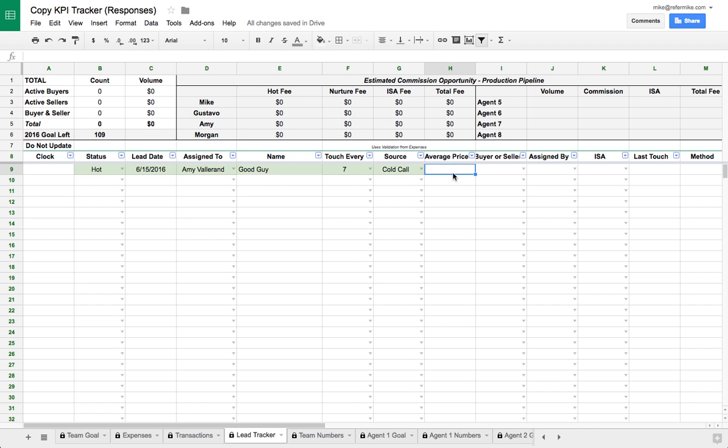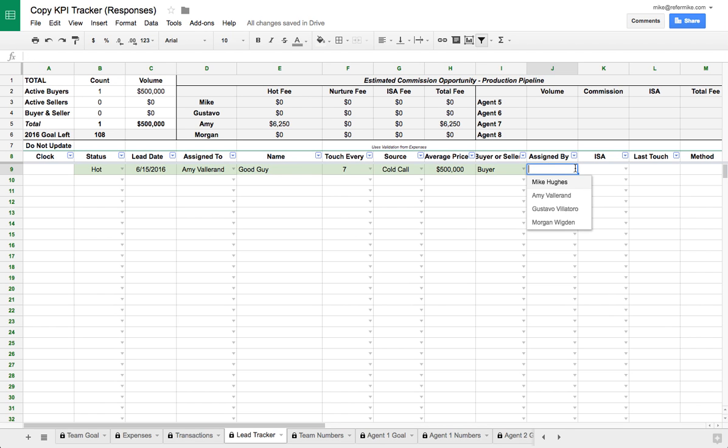If it's a buyer or a seller, you might say, they're probably going to sell for about 500, or they're probably going to buy for about 500. So this is going to show the agent what they can potentially make out of the leads that they have. So that's really the goal behind this. I want to know how much. It shows whether they're a buyer or seller. I want to show the agent, you have these leads lined up. If you close them, this is what you're going to get, which is pretty exciting. And it also helps me track for